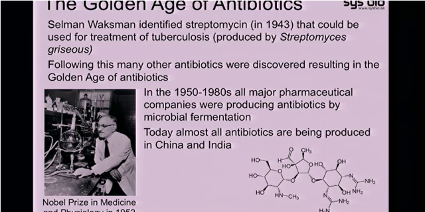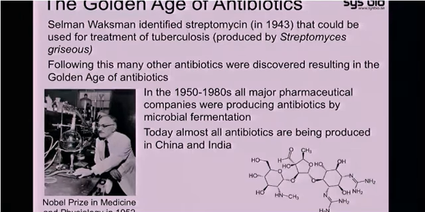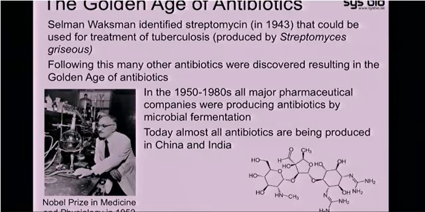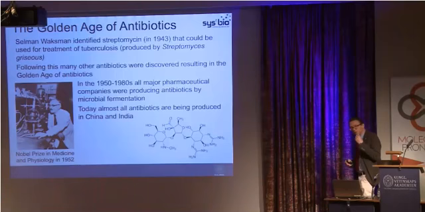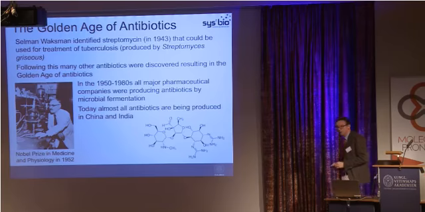This was an antibiotic produced not by a fungus but by a bacterium, and bacteria were then found to produce a whole wide range of different chemicals that could be used as antibiotics. And from the 50s to the 80s, all major pharmaceutical companies were producing antibiotics by microbial fermentation and making a lot of money on this. But as I'll show you later on, there was a development. And today, almost all antibiotics are being produced in China and India, and none of the big pharma is in